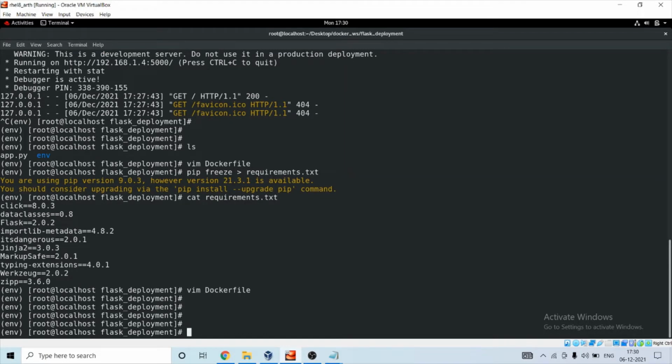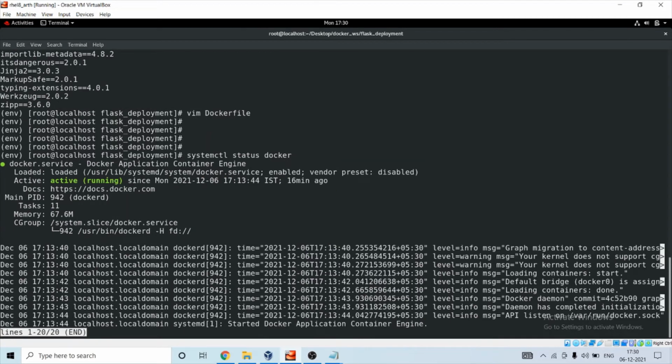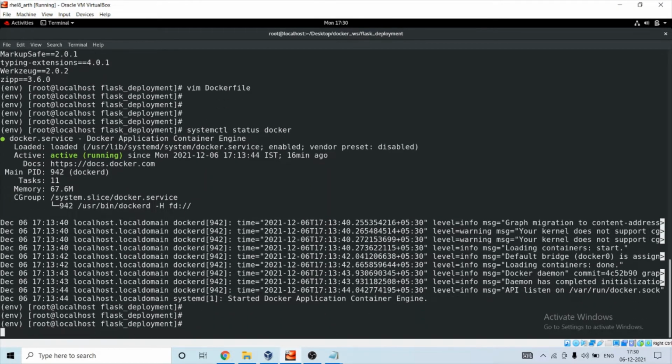Let's build our image. Let's check the status whether Docker is running or not. So it's running.